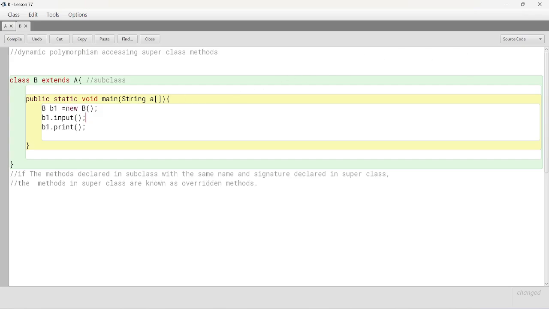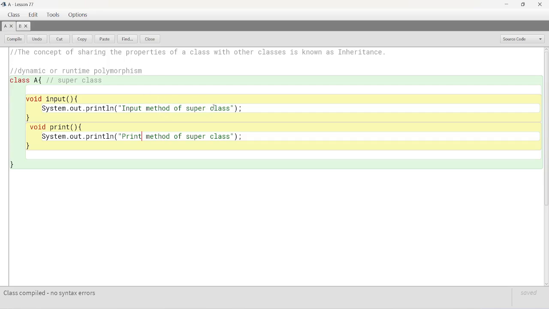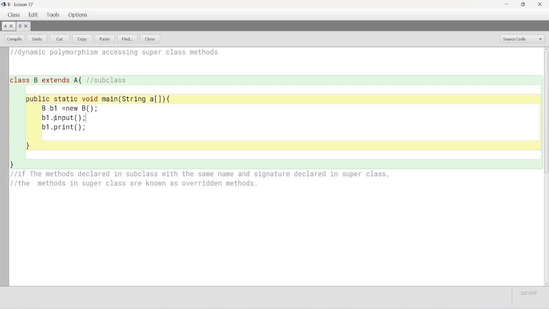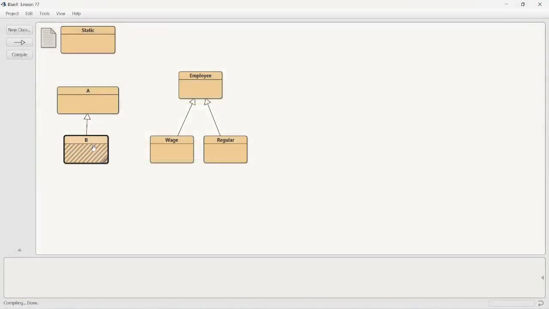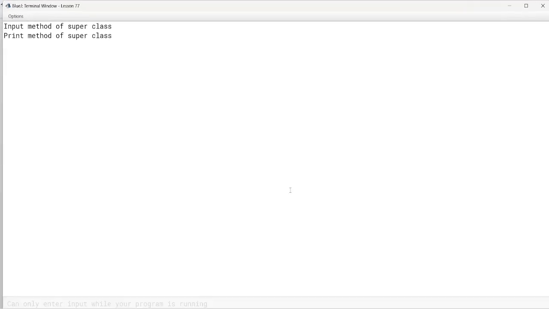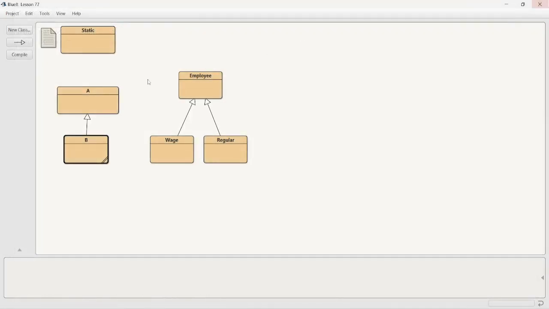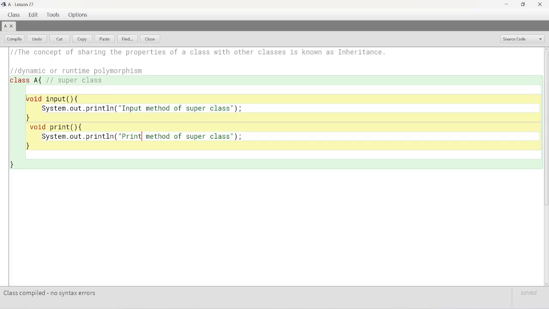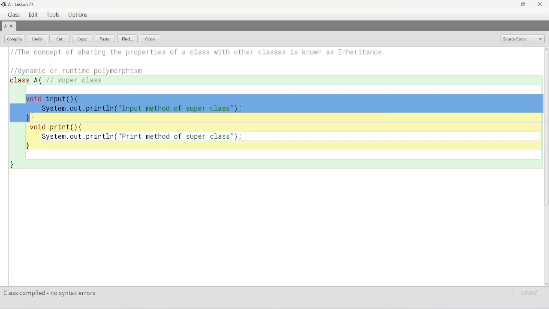Let's execute the program and see. In input, what we have written in class A is the input method of superclass and the print method of superclass. So it will print these two statements. Let's execute the program. B, Control K once, main. Input method of superclass, print method of superclass. Now, what if we have the same method